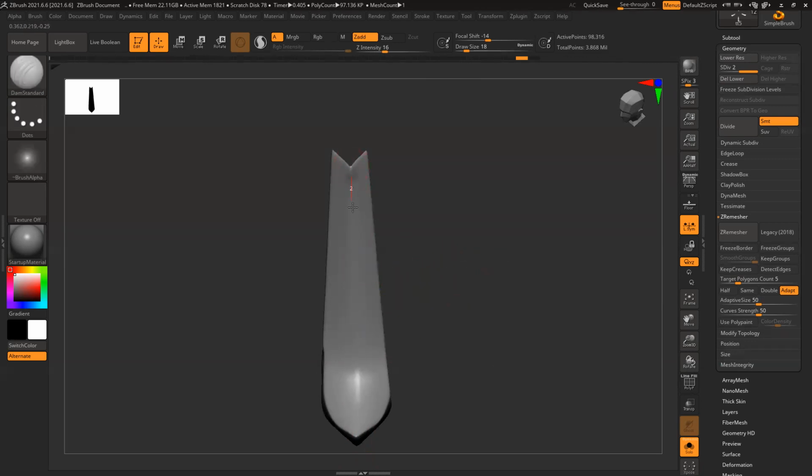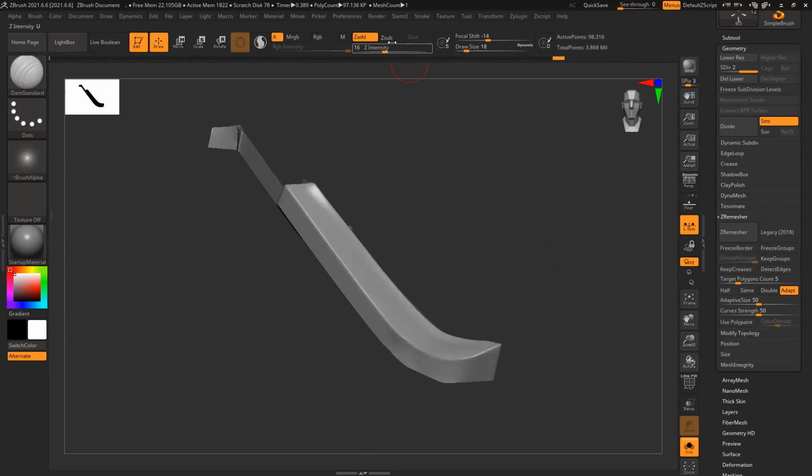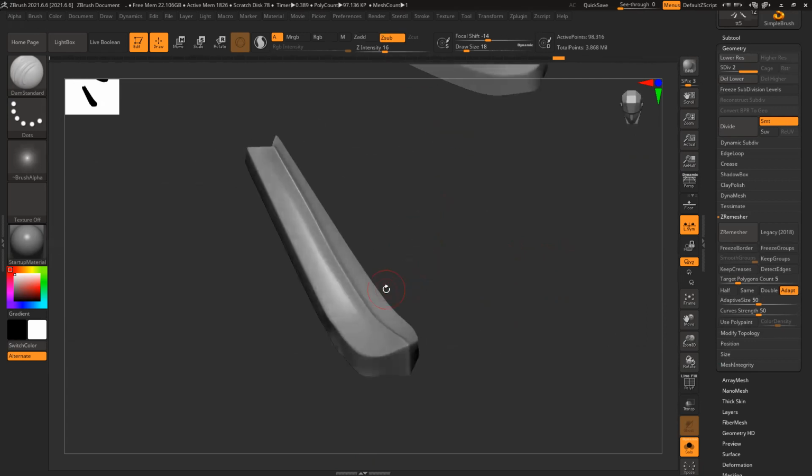I don't know why this Shift is not working. Press 1 to make that thing prominent. Minus now. No, I can use add only, then I'll use minus.